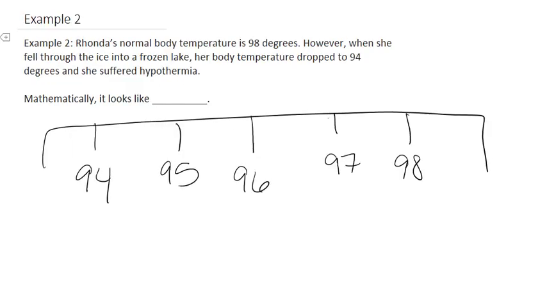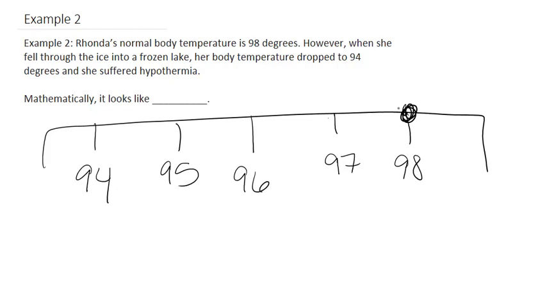Then, when your body's temperature decreases, it's called hypothermia, and the numbers on the thermometer go down. This condition is a concern when a person has been exposed to really cold temperatures. For example, Rhonda's normal body temperature is at 98 degrees. However, when she fell through the ice into a frozen lake, her body temperature has dropped to 94 degrees and